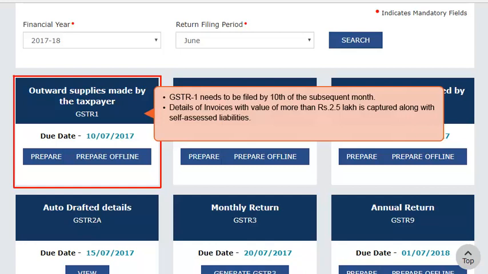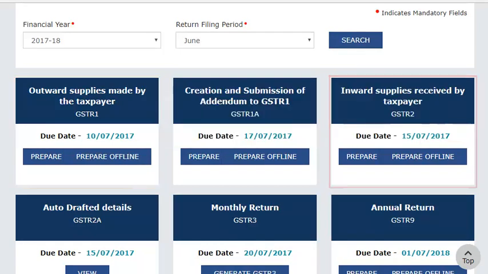Once you report an invoice and the tax collected on the invoice, the tax amount will be added to your electronic liability register once GSTR3 is submitted. Additionally, the summary values of other types of supplies like sale to consumers, exempt or non-GST supplies etc., advance received and adjusted, invoice issued details, and HSN-wise summary of outward supplies also need to be furnished when filing GSTR1.